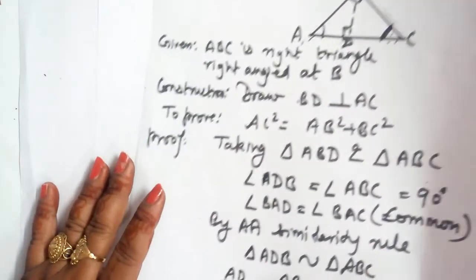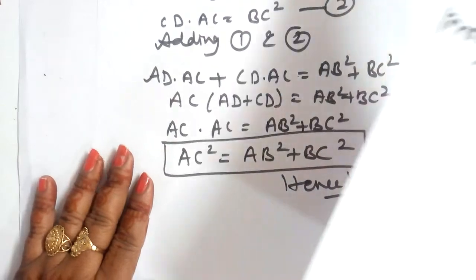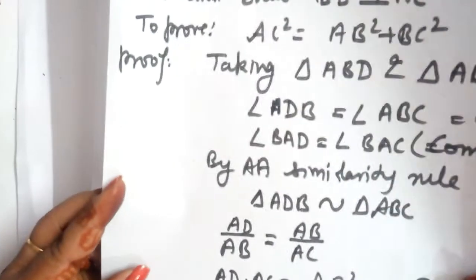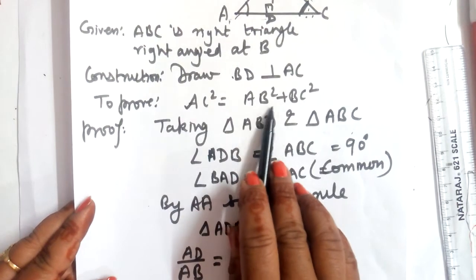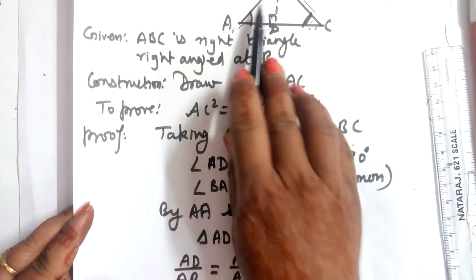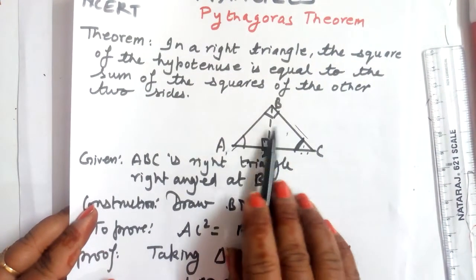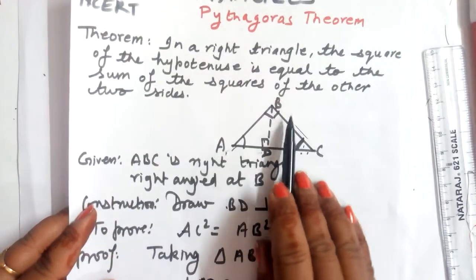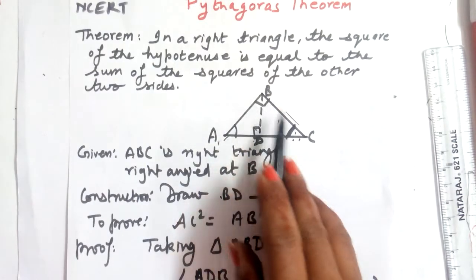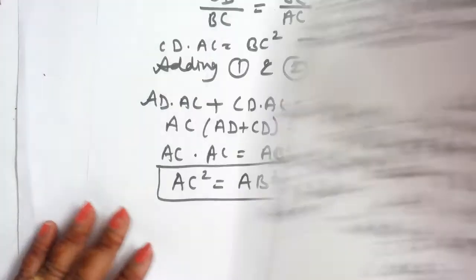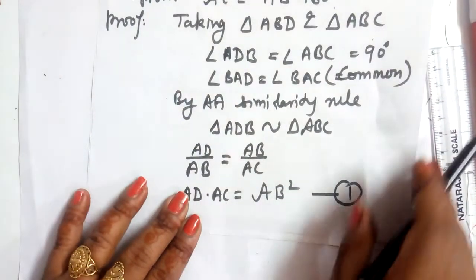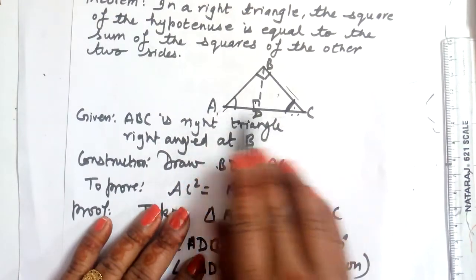Now this is the trick time. I just want to tell you what trick we can use here. If we see, we need AC square is equal to AB square plus BC square. So while taking the other two triangles, these two triangles separately, similar to the bigger one, what we can do here, for AB square and BC square, we know that we can use the hypotenuse for the other two sides. Yes, while using C, here I am using this AD. And what we have to do, one side, when we are taking the hypotenuse, AC will definitely come.